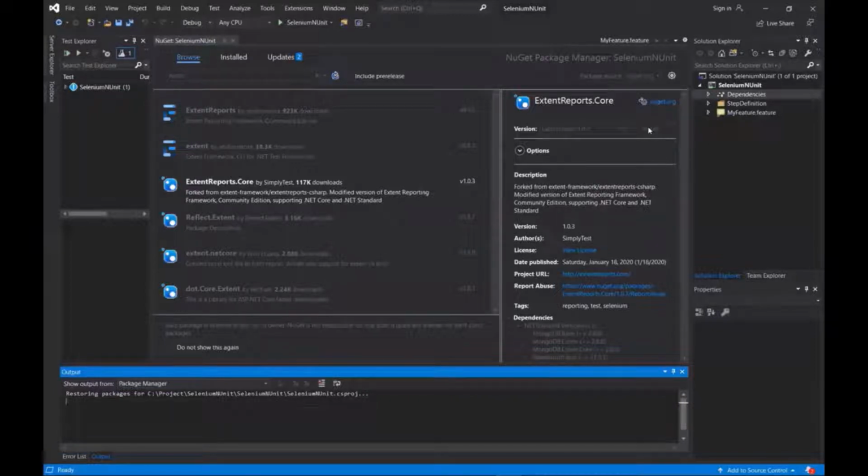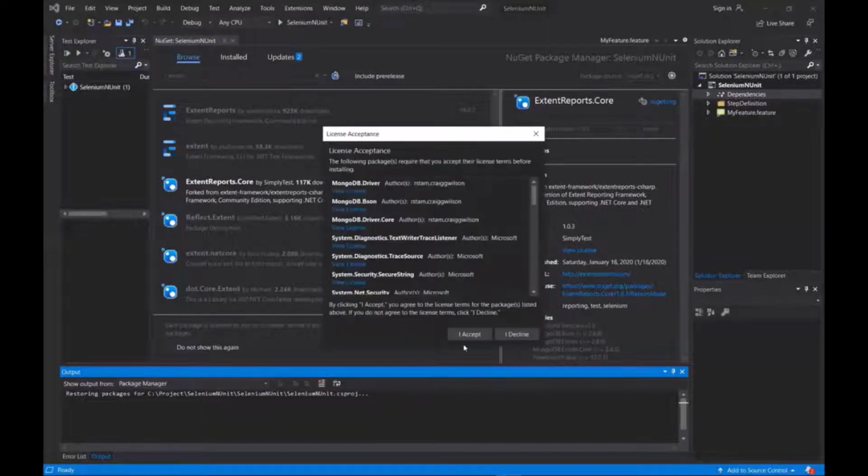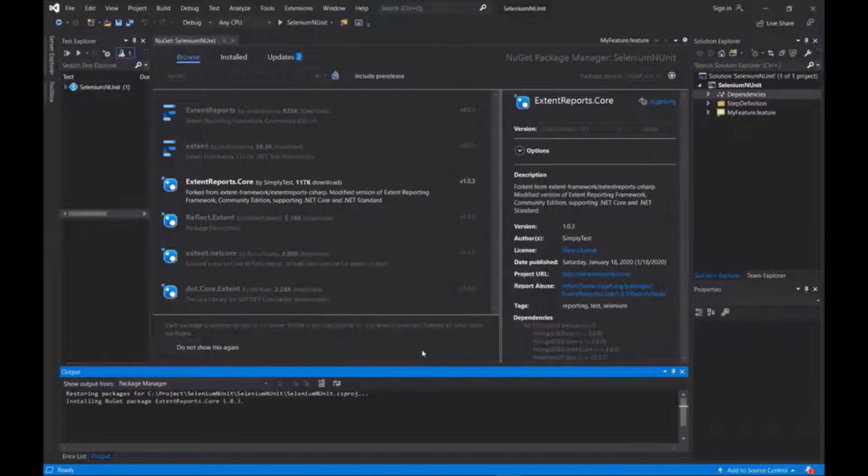Now the question comes, why do we choose ExtentReports.Core instead of ExtentReports? The reason is that since we have created our test project based on .NET Core, we are installing the package which supports the .NET Core framework. You can install the ExtentReports package as well if you have created your project based on .NET Framework.